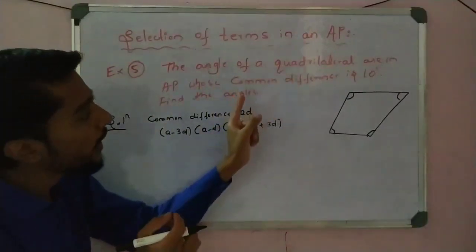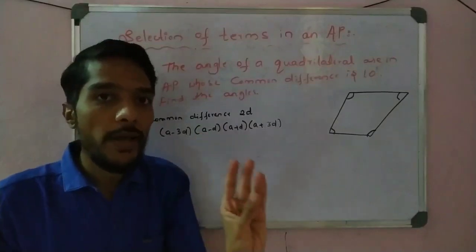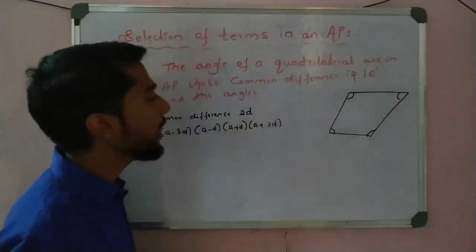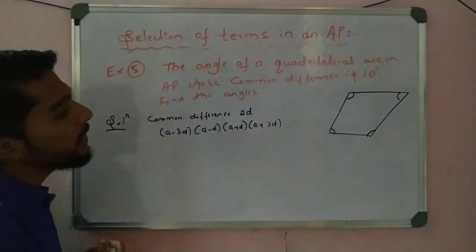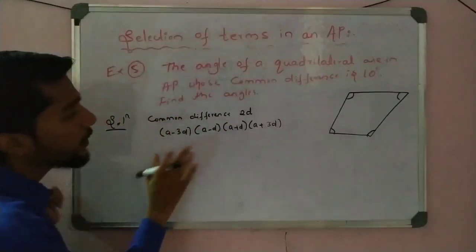So a quadrilateral having 4 angles, so 4. If the triangle is given, we take 3 angles, a minus d, a and a plus d. So here quadrilateral means 4 angles, we can take this one, okay. And see here, this is okay. Now let us see, first solve this one.